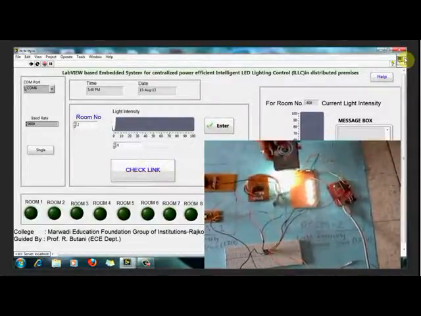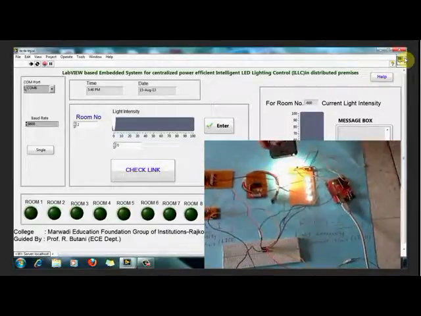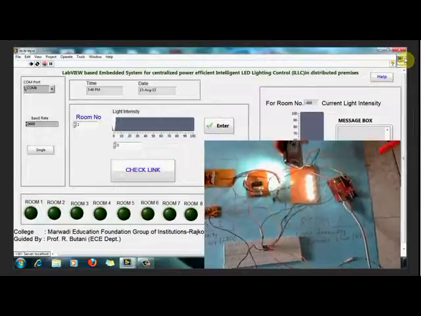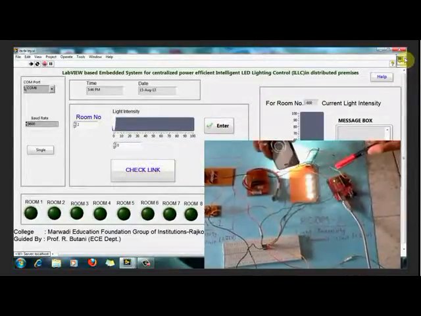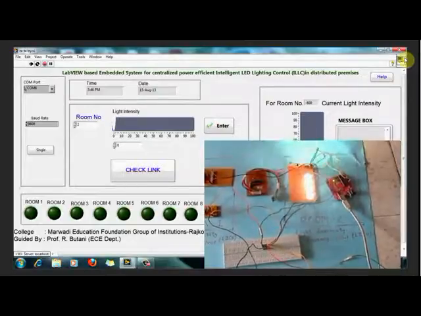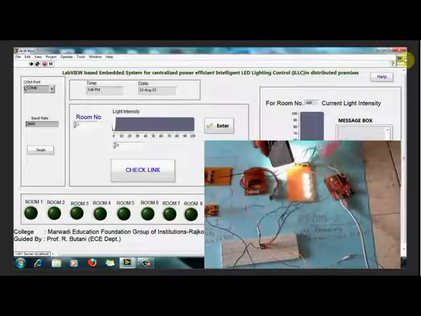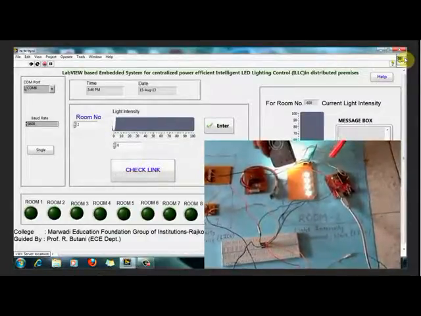And we have our iPhone here. Now you can see that the intensity of the LED panel is varying according to the ambient light. If the ambient light is increased, then the intensity of the LED panel is decreased.